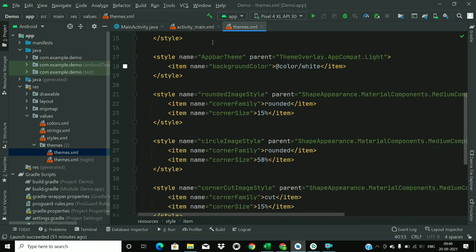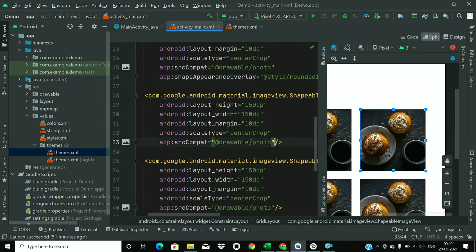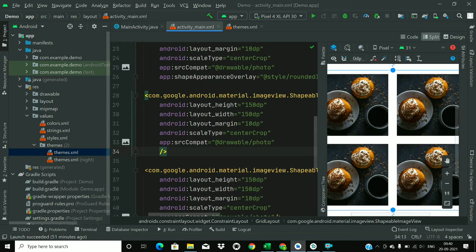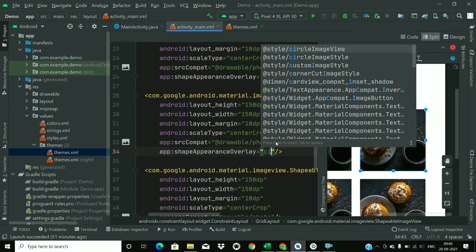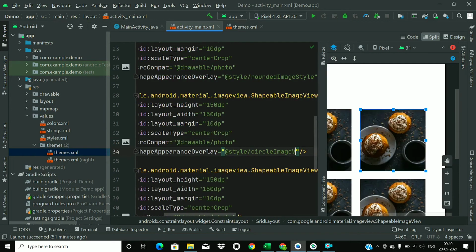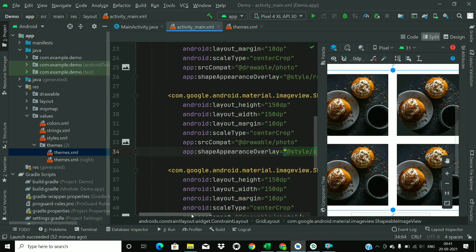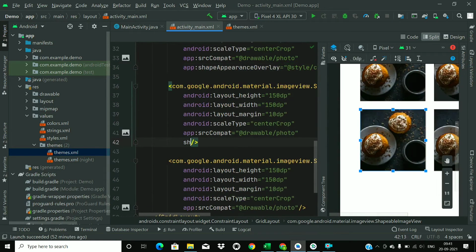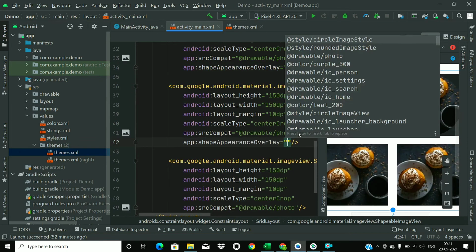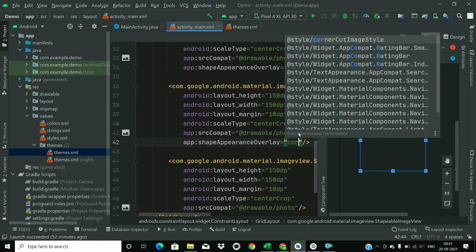Now go back to main activity and assign other styles as well. So shape appearance overlay, and pass the circle style here, circle image style, and assign the corner cut style here, so shape appearance overlay and corner cut style.